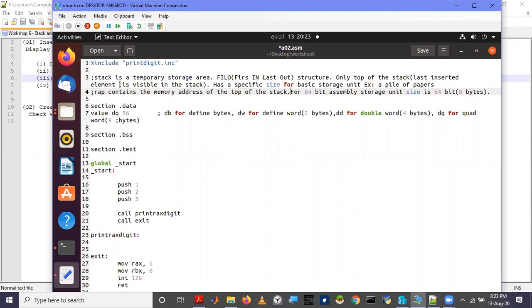If we want to read something from the stack, we need to refer to the value shown by this RSP, because RSP points to the top of the stack.